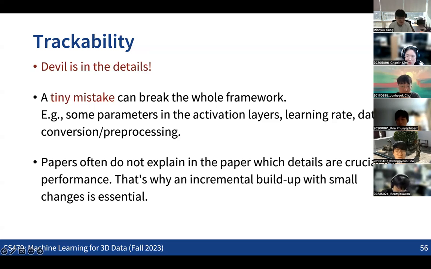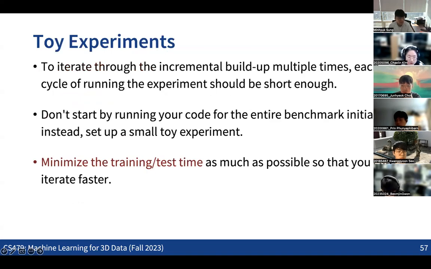So try to make the whole project traceable in terms of which detail is really making the changes. And for that, the crucial thing is also to make fast iterations. This means that if you add a small improvement or a small change to the pipeline, you need to repeat this process multiple times, accumulating all the small changes into the pipeline, right? This will take a lot of time, repeatedly adding small components. So the key thing is that you need to make each step, each cycle of adding a small component, as fast as possible.